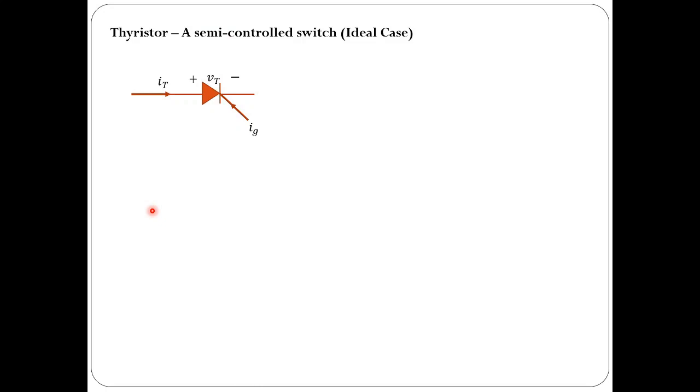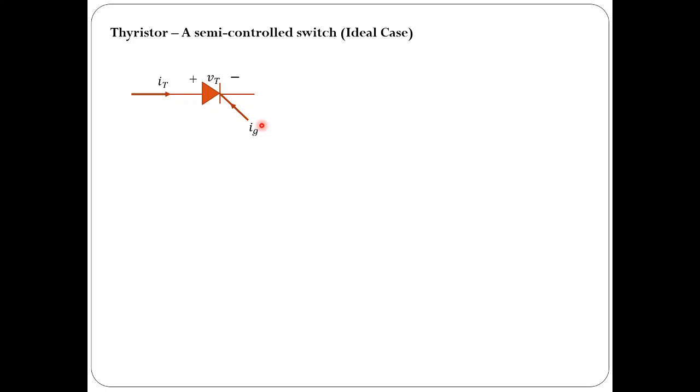Before discussing the half wave control rectifier, let us see the switch that we are going to use in control rectifiers. For high power applications, usually we prefer to use SCR, which is also known as thyristor. And thyristor is a semi-control switch. I mean to say, the turn on state can be controlled by applying the control signal, that is gate current. However, turn off is usually somewhat difficult. You usually have to design an external commutation circuit to turn off the switch, that is thyristor.